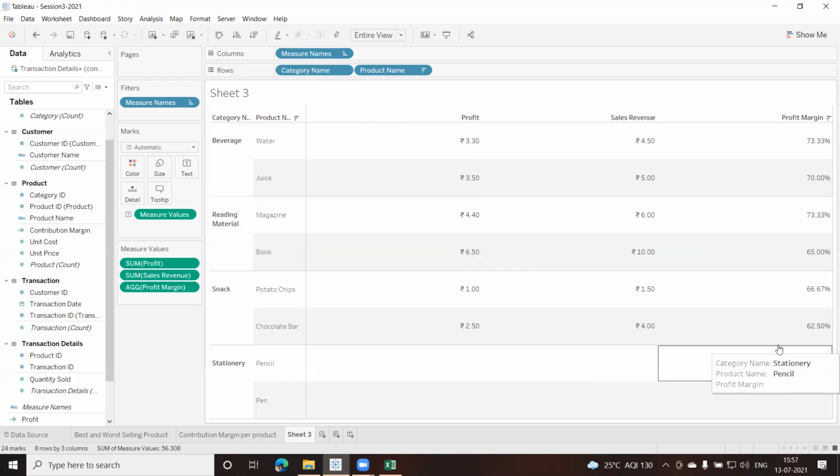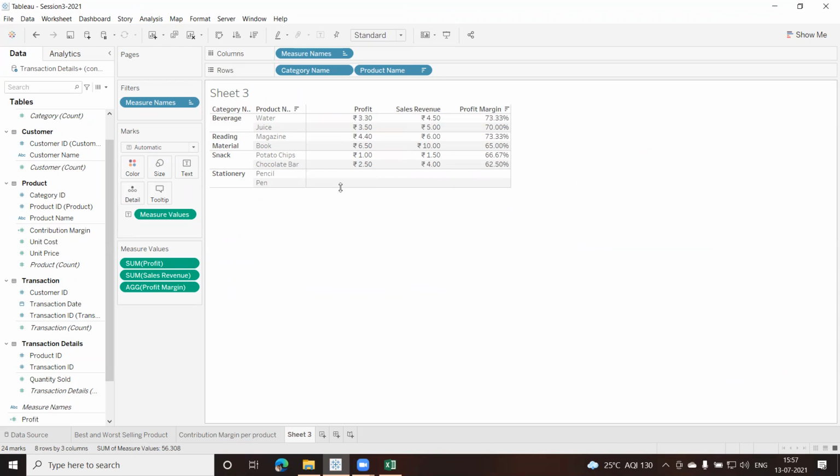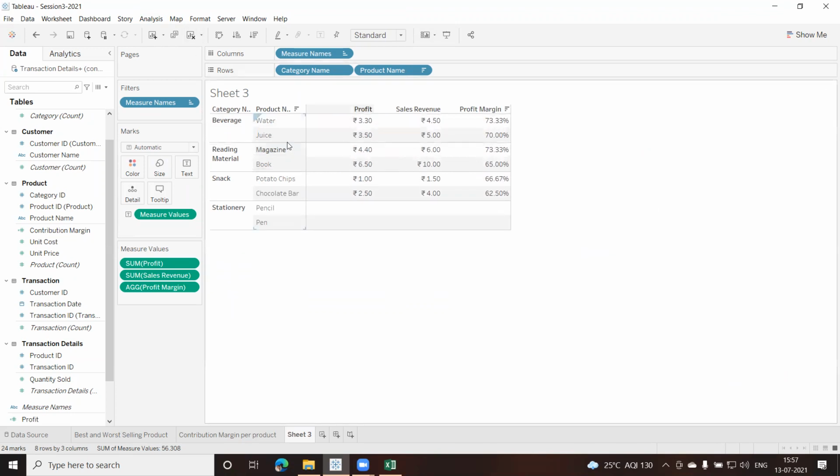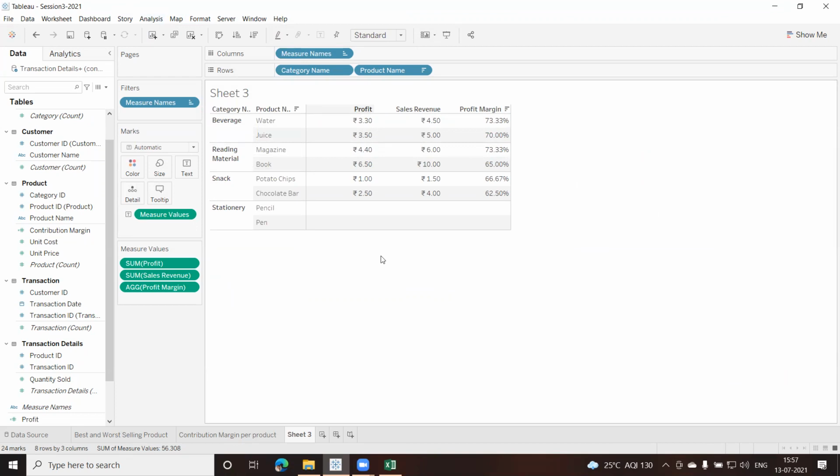Let me check whether it is getting added. The entire view standard. It is not getting added. One minute, guys. Fine. Let me go back and go to analysis, go to totals. That got added somewhere, but it's not visible. Is it here in the grid somewhere? Okay, when we come next, I'll show you the total as well.